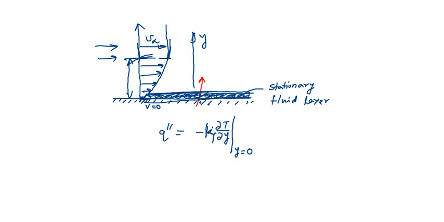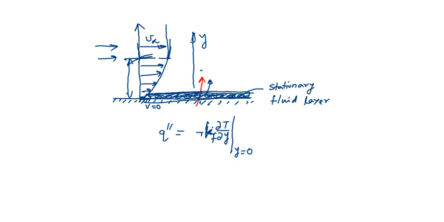So this k is Kf basically, the thermal conductivity of the fluid. That is very important to remember, and we know it is generally very low. So minus Kf del T del y at y equal to 0 is basically the heat flux that will be transferred through this stationary layer. Then the same heat will be transferred to the bulk fluid because there is no storage at this surface. So the heat that transfers from the solid plate to the stationary layer, the same heat will be transferred to the bulk fluid.